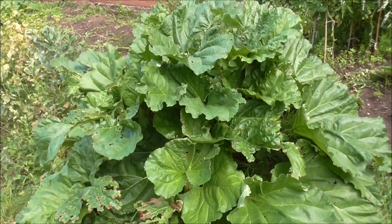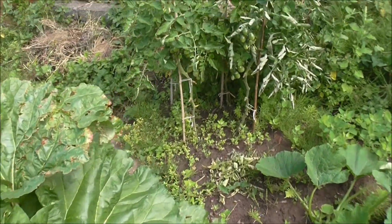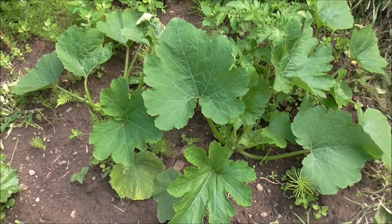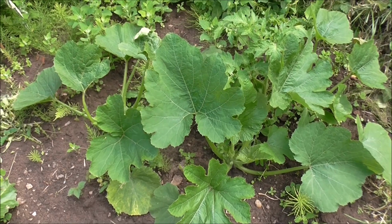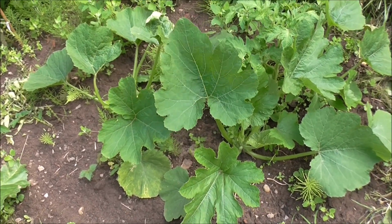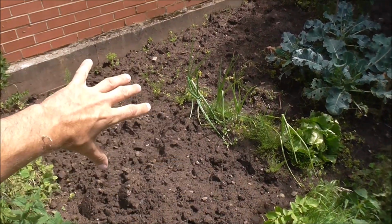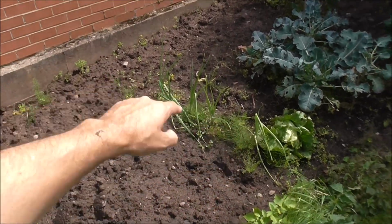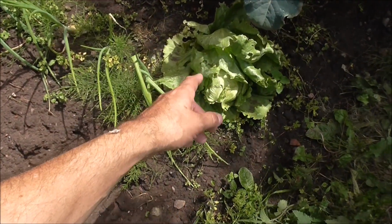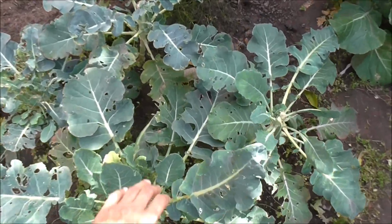An enormous mound of rhubarb, which I love. Some more tomato plants out here. And a couple of courgette plants or zucchinis, depending on where you come from. In the far corner of the garden, there's this little veg bed. He's obviously taken stuff out of. A few onions left. The last, I don't know, is that iceberg lettuce? I'd guess that. Some broccoli plants that he's obviously